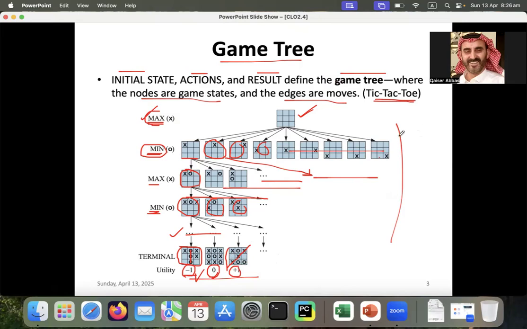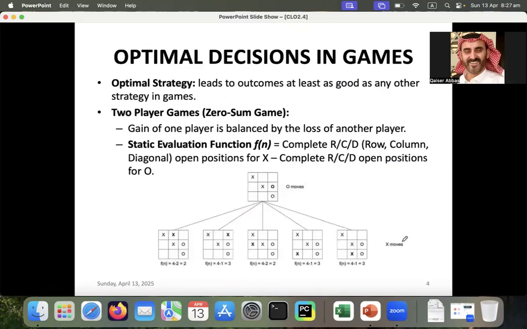So from this game tree, for this simple example, you can imagine that it is not easy to build the game tree on a page even for a simple game. But all the games have a game tree, because all the games are following some search strategy. And this is the concept of the game tree. Now moving next,